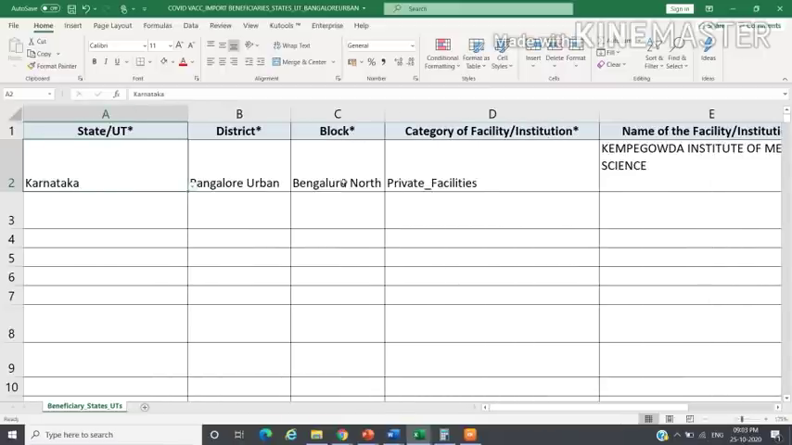If your institution has more than 1,000 healthcare workers, kindly note, you have to make two Excel sheets. One Excel sheet can be filled for 1,000 health workers, and if you have more than 1,000 health workers, you have to make another Excel sheet. So I'm just going to explain how to do that. But before that,